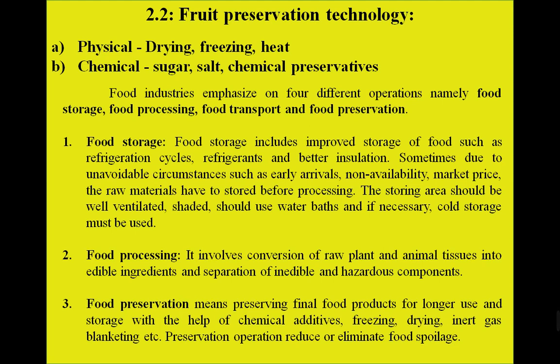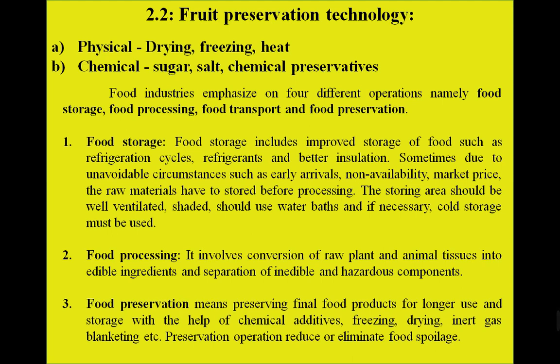So basically fruit is the last part of the plant body, the reproductive part. It occurs by the pollination technique, and during pollination we observe various kinds of fruits: aggregate fruit, simple fruit. There are again two basic types, fleshy fruits and other types. So the techniques of physical process are drying, freezing and heat resistance, and the chemical techniques are sugar, salt, and chemical